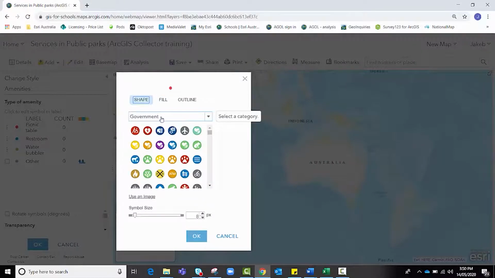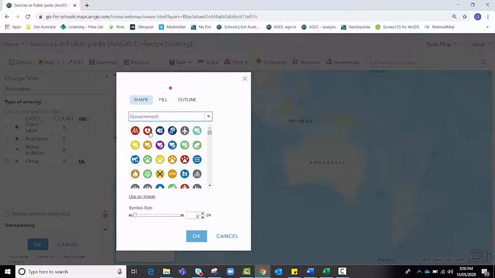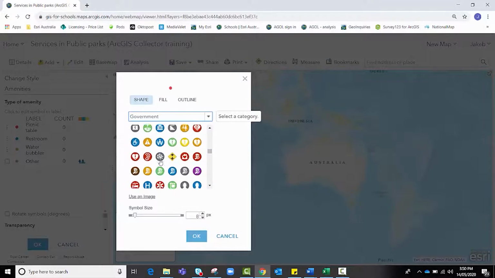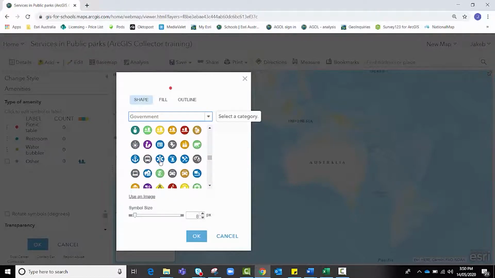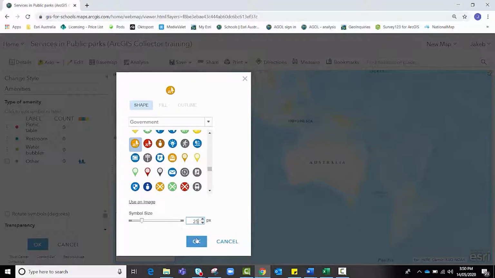And you want to make sure that, for this exercise anyway, you're in the government drop down tab. And we're going to search for something that resembles a picnic table in these little icons. I'm fairly sure it's about halfway down, maybe a little bit further. Something like this. We can see a little picnic table with the tree over the top. We're going to select that, and right now it's pretty small. Up the top we can see the size that it would appear. It's pretty small, so we're going to change that size and make it a little bit larger, 25, and